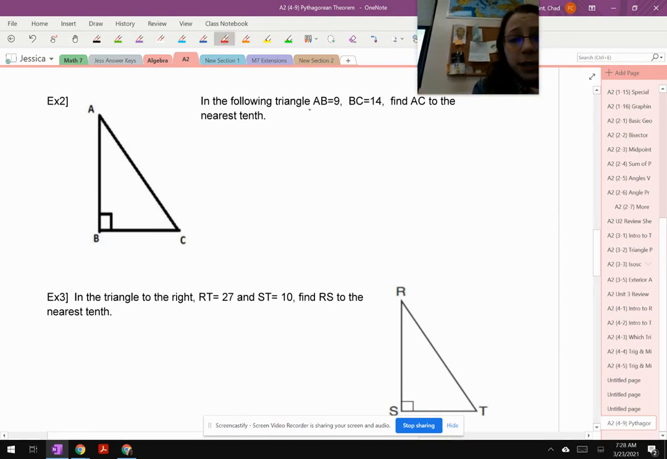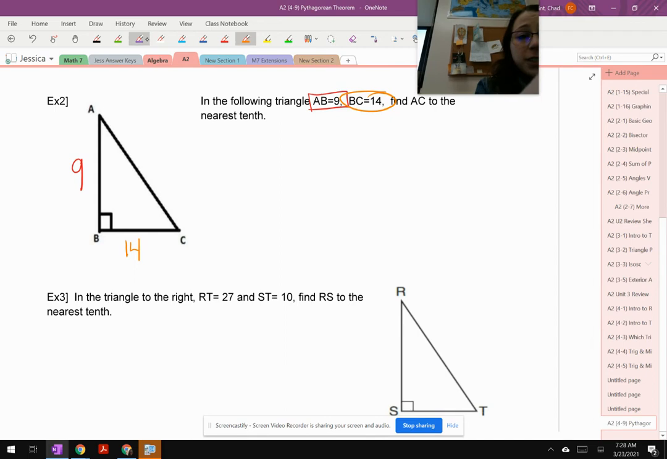So again, immediately I'm just starting to label stuff. AB is equal to 9. BC is equal to 14. Find AC to the nearest tenth. So this is what we're missing. Notice we're missing that hypotenuse,